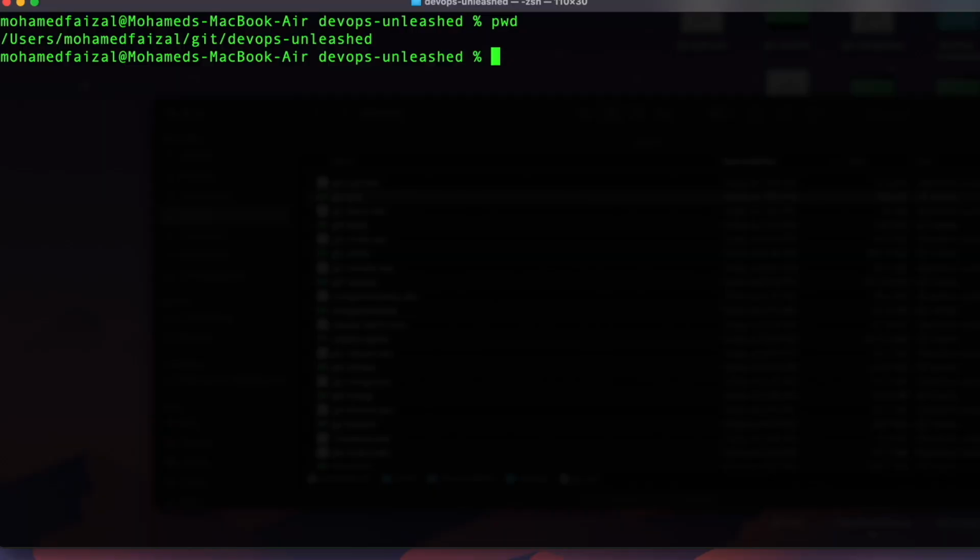So here the working directory is nothing but this particular folder which is under user, my name, git, and DevOps Unleashed. Imagine this as your working directory. You have all your project files, folders here. Any changes you make to these files like modifications or new additions are stored in a working directory until you're